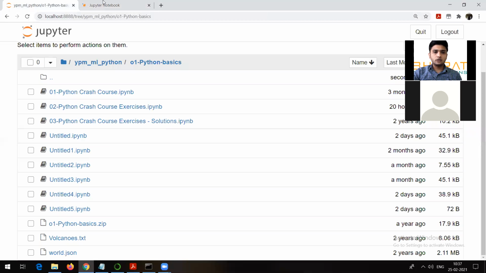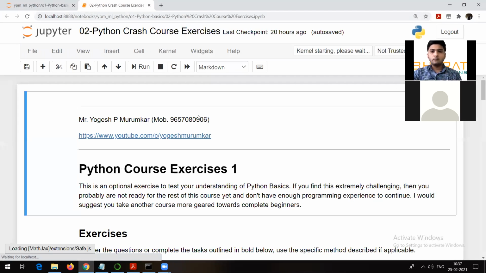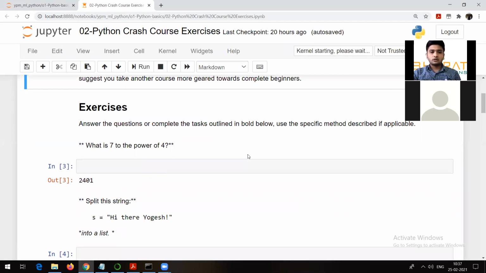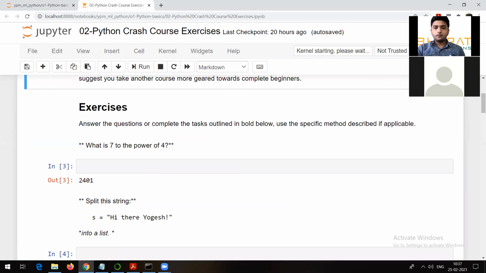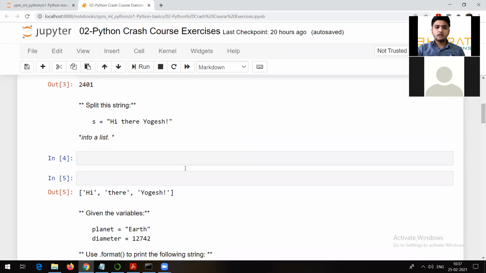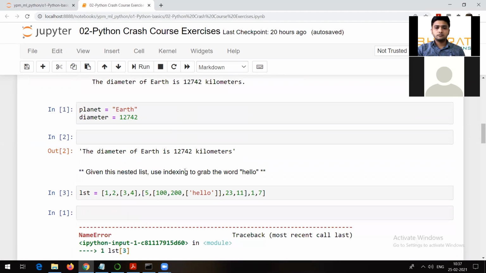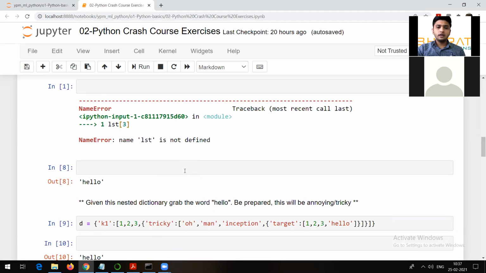In my case, my file was stored at this location. So I went to that location and opened this IPYNB file. This is how you can open an IPYNB file. So these are the questions. Now let me ask, does anyone have any doubt in any question in the assignment which I have shared with you? Anyone, any doubt?